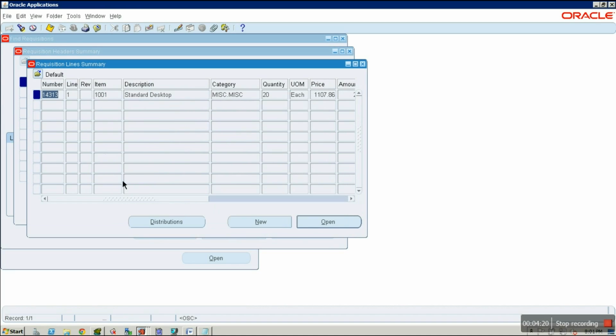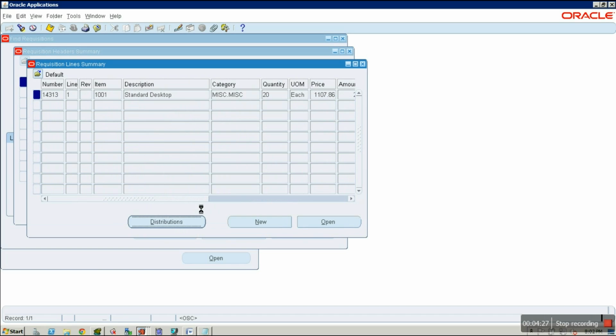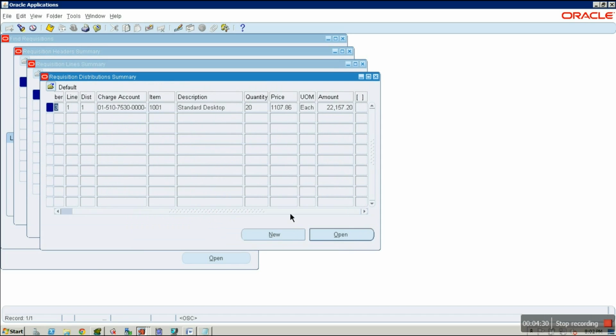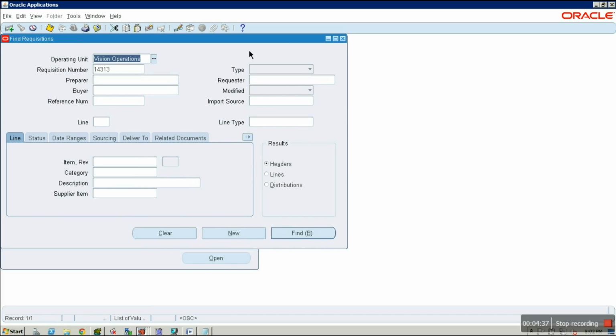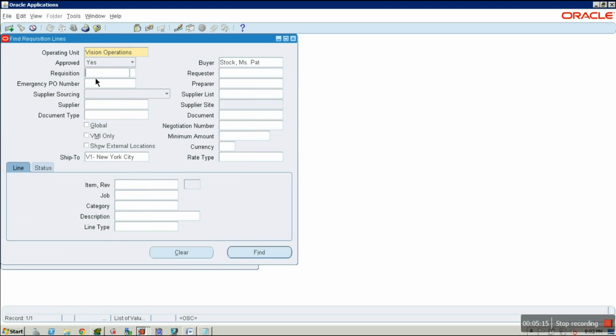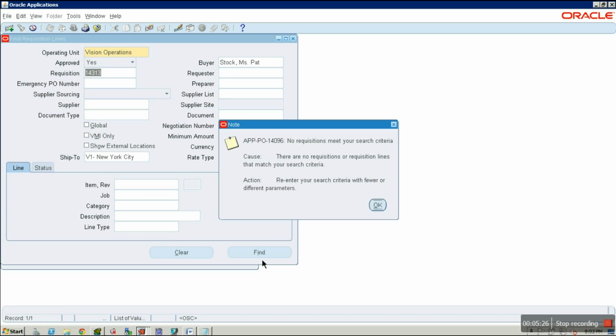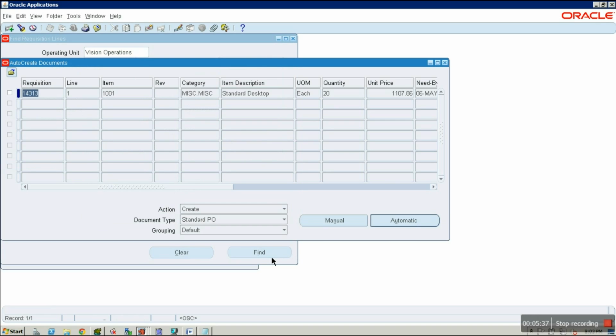and we can also find the invoice line details here and also distribution details. Close. Copy the requisition number. Now go to auto create, enter the requisition number and click on find button to find the requisition. We can find the requisition here